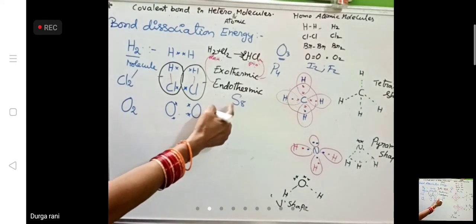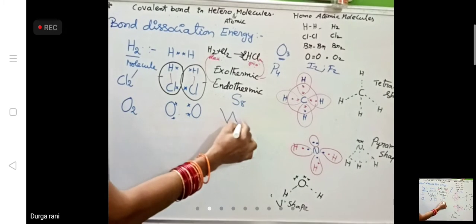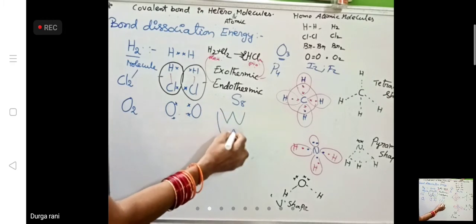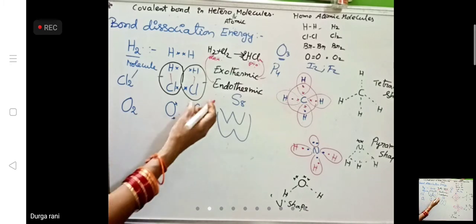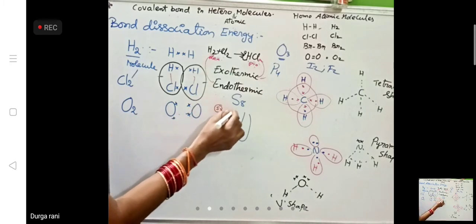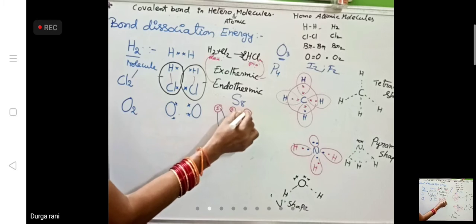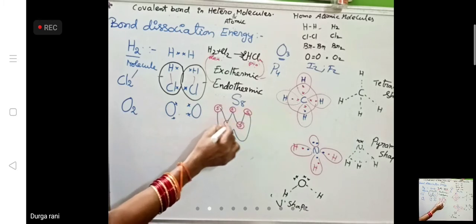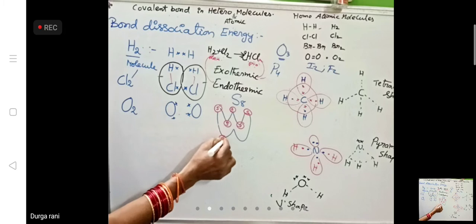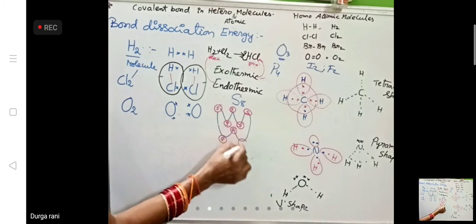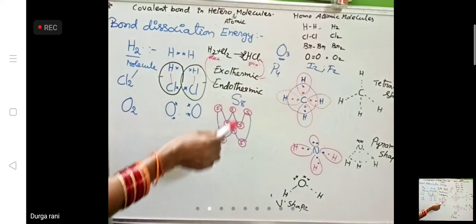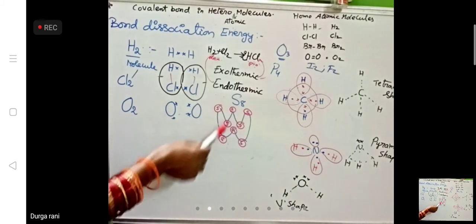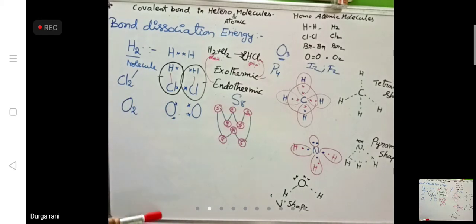actually sulfur S8. How the arrangement of molecules will be there, you see here. It resembles a reverse crown. Crown means kiritam. Here one sulfur atom, here another sulfur, here one sulfur, here another sulfur. Total number of sulfur atoms in this molecule, you just count it. 8. So the S8 molecule will resemble like this. Like that, different molecules are made up of different numbers of atoms.